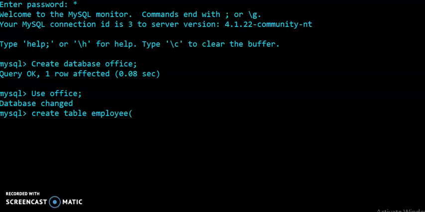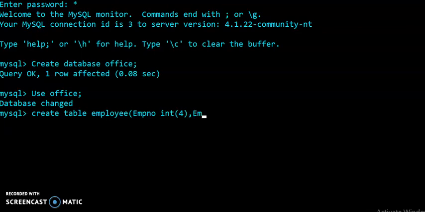So let's start. I am writing the first column name, EMPNO, meaning employee number, and I want to set the employee number with integer data type, and the size of the employee number field I am setting here as 4, then comma. Then you have to give the second column definition.